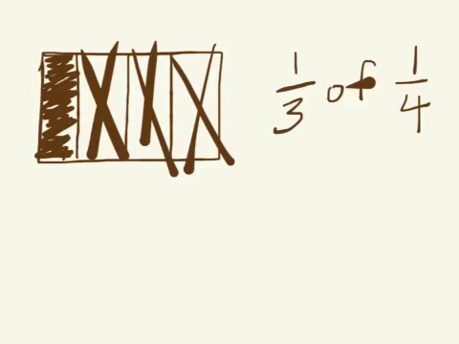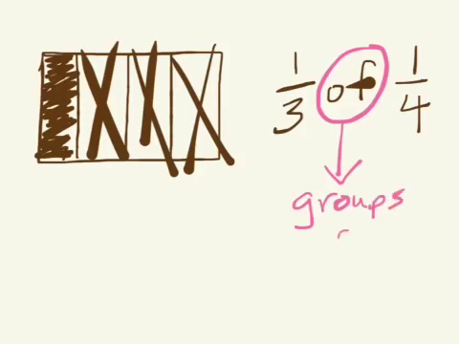A 1/3 of 1/4. This word "of" right here, that means groups of, or multiplication. So she wants to buy 1/3 of the 1/4. So one thing that we could do is we could cut what's left into thirds. And Margaret is going to buy 1/3 of that 1/4. But now wait, our question asked us how much of the pan of brownies, this whole